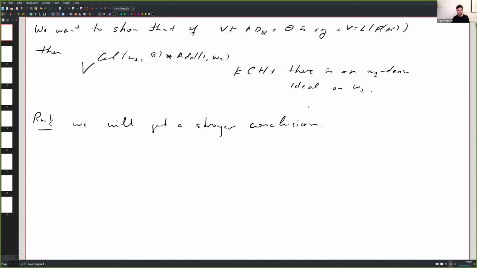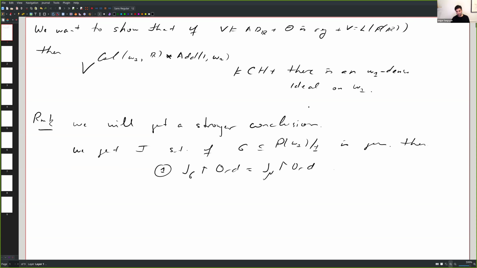We get that there is an ideal I such that: 1, if G is P omega 1 I generic, then the generic embedding restricted to the ordinals is actually the embedding by the Solovay measure restricted to ordinals, where mu is the Solovay measure on omega 1 R. And 2, we get